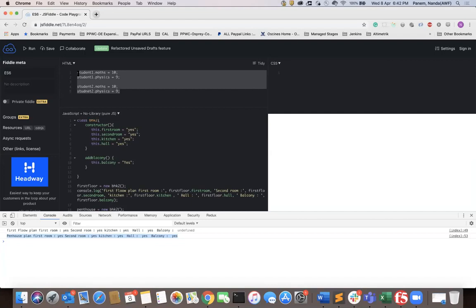Instead of these things, you can just make it a class, meaning you are creating a blueprint of students. And then I am going to add a constructor with maths and physics. I am going to do this dot maths equal to maths, this dot physics equal to physics. You can pass the variables.